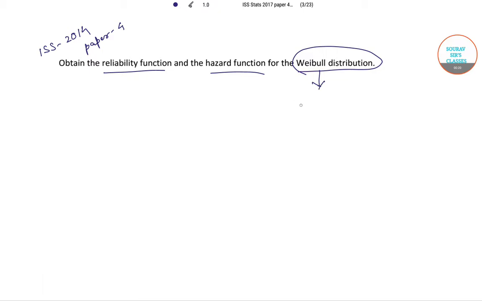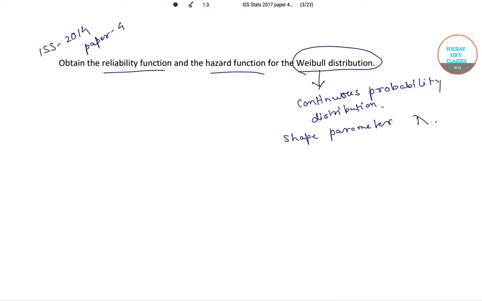This Weibull distribution is a continuous probability distribution with shape parameter lambda and scale parameter